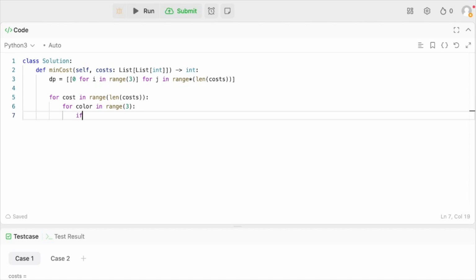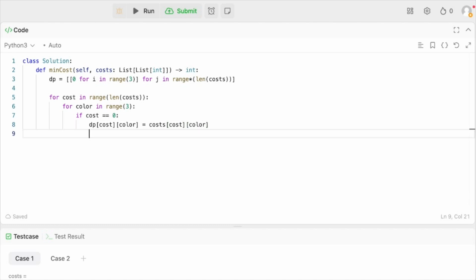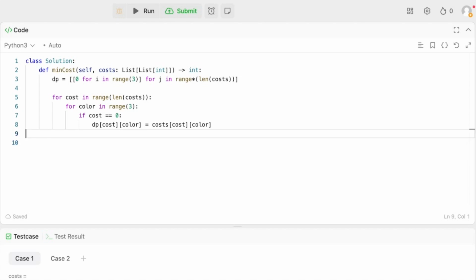That is, if cost equals 0, DP of cost of color equals cost of color. If it is not the first row, else